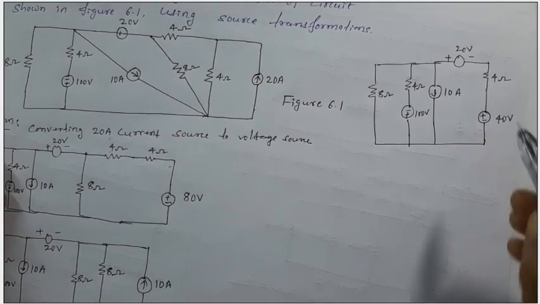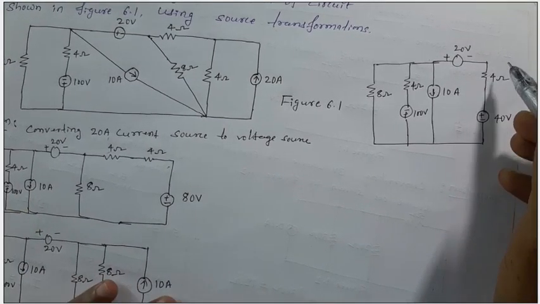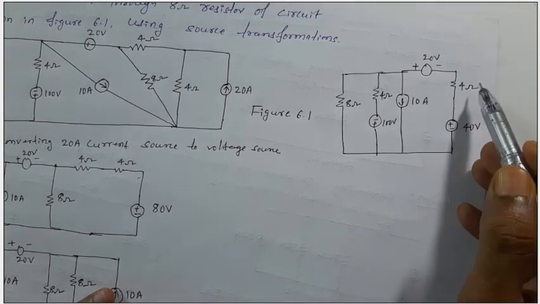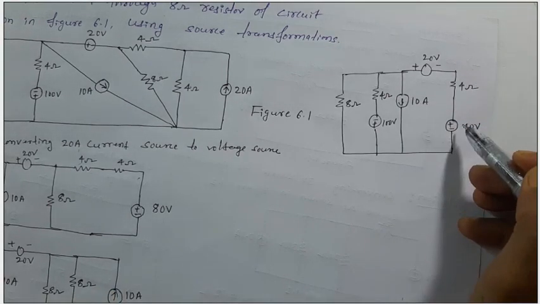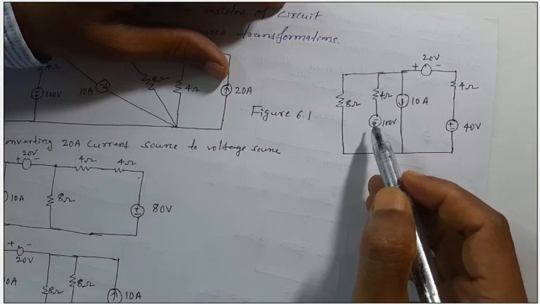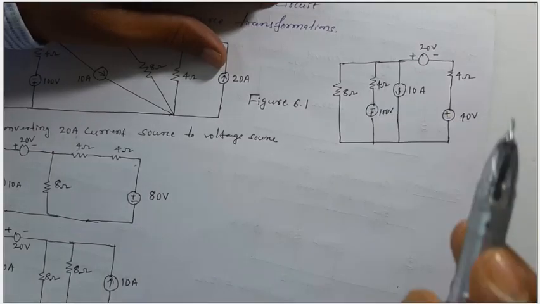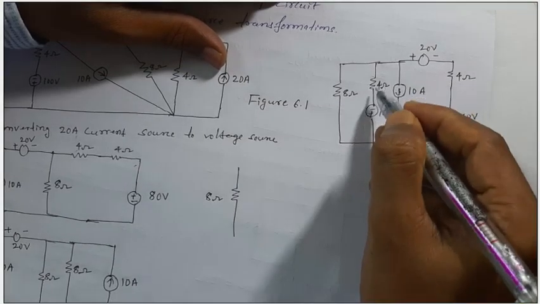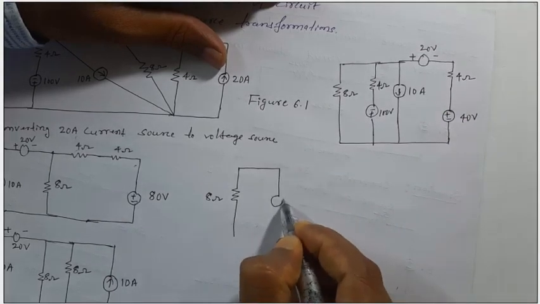Now dear students, these two voltage sources are in series, minus plus, which can be added to form a single voltage source, and that voltage source which is 60 volts is in series with this 4 ohm. Means what I do, after adding this I'll convert the single voltage source which is 60 volts to a current source, and this also I'll convert, dear students. This is a 100 voltage source in series with 4 ohm. I'll convert it to a current source. First this 8 ohm resistor I'll draw as it is, and converting this voltage source to a current source, 100 divided by 4 is 25,